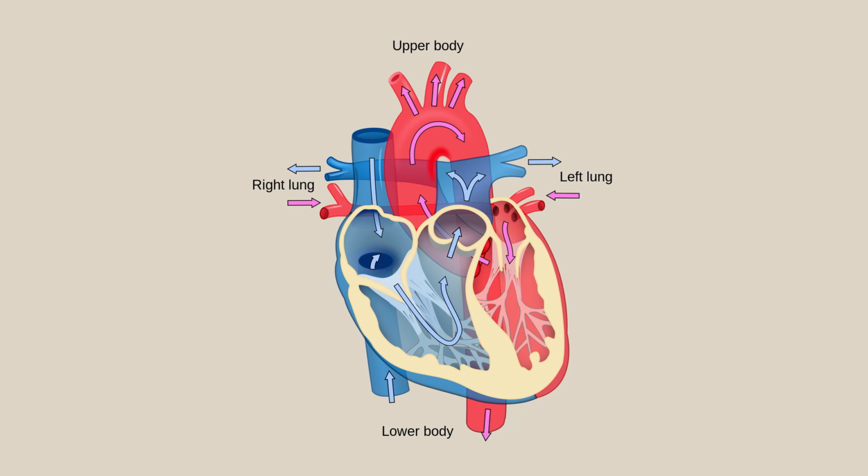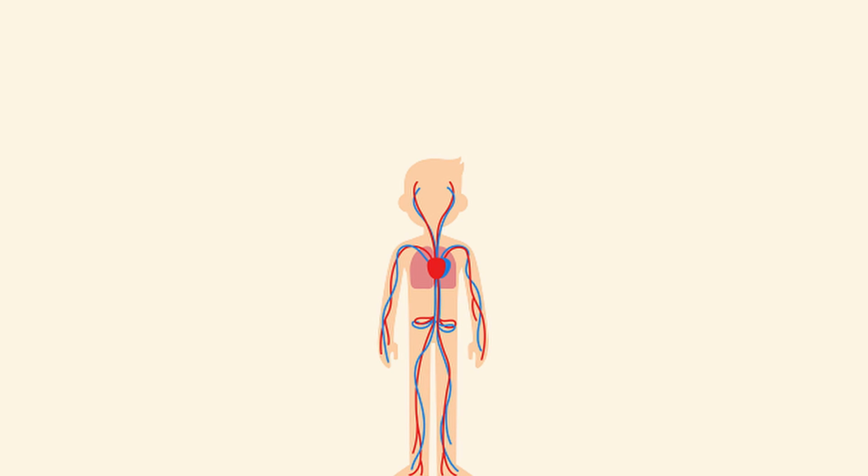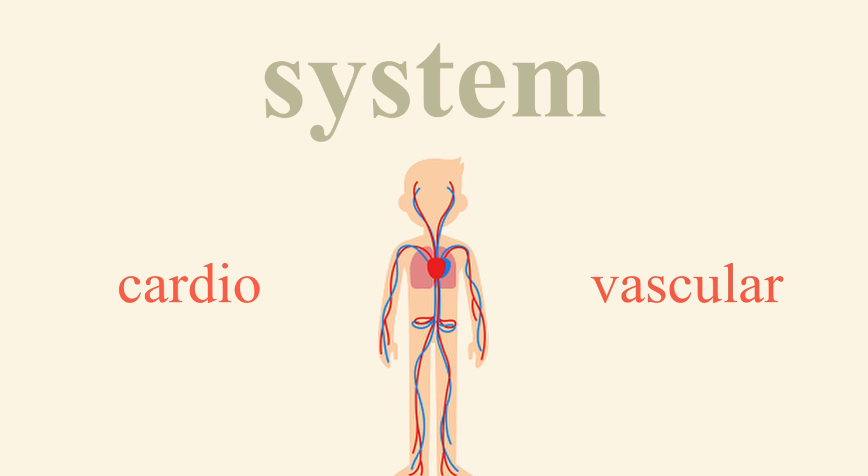The heart is divided into the right and the left side. This division protects oxygen-rich blood from mixing with oxygen-poor blood. As the heart beats, it pumps blood through a system of blood vessels. These vessels are elastic, muscular tubes that carry blood to each and every part of the body. Together, the heart and the blood vessels comprise the cardiovascular system, which circulates blood and oxygen around the body.